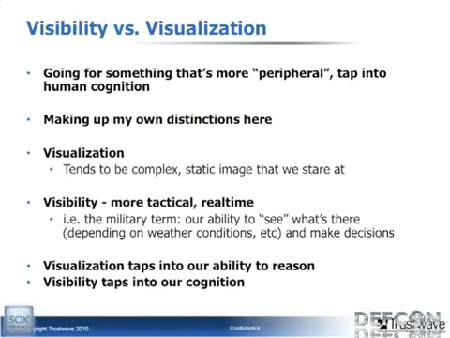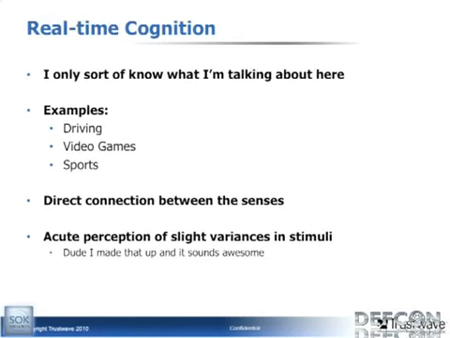So visualization taps into our ability to reason, to figure things out. It might answer questions. Visibility is more like it taps into our cognition, and maybe it causes us to ask questions. I only sort of know what I'm talking about, real-time cognition, but examples are driving, video games, and things like sports. And I just kind of realized it's probably a really bad thing to bring up at DEF CON,